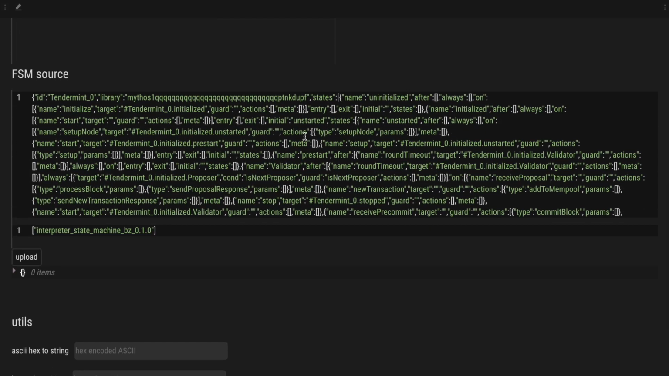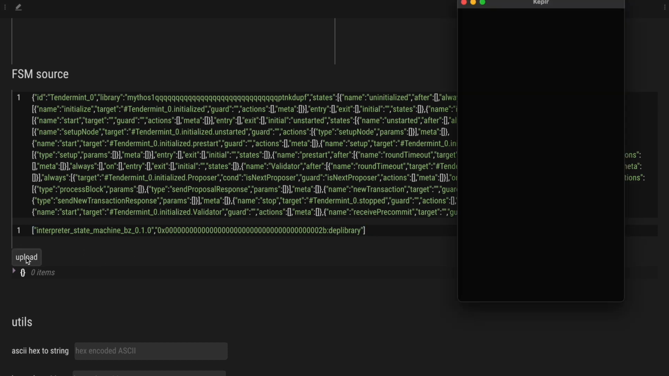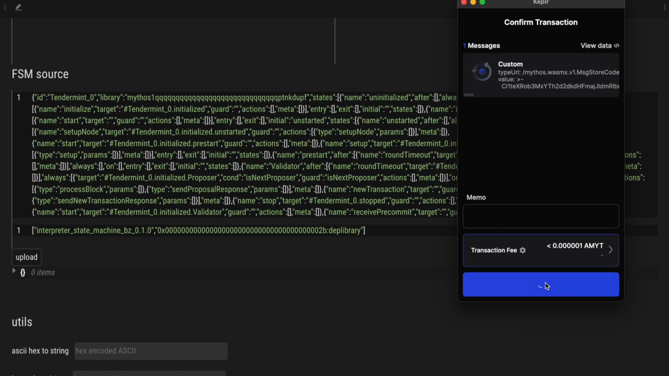And I have a state machine configuration here for Tendermint. Along with this definition, we also give a library with custom functions as dependency. So we will replace this and have both the dependency on the state machine interpreter and also on this library with custom functions for the Tendermint consensus. So now we upload this as a contract,